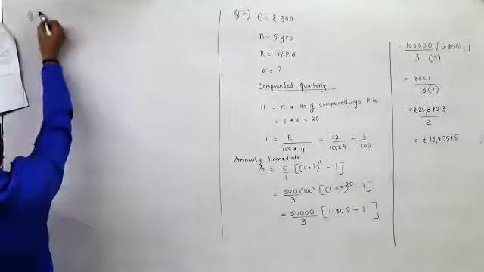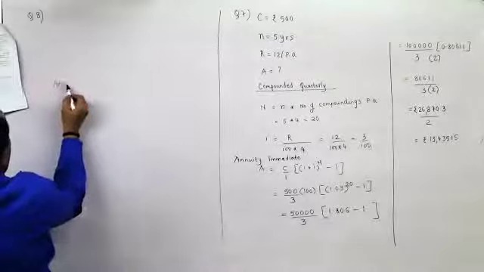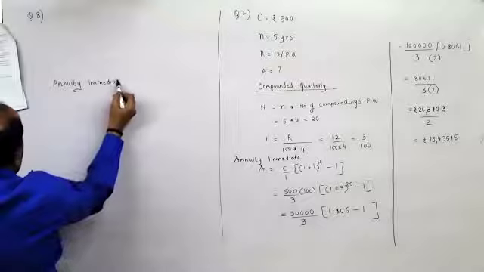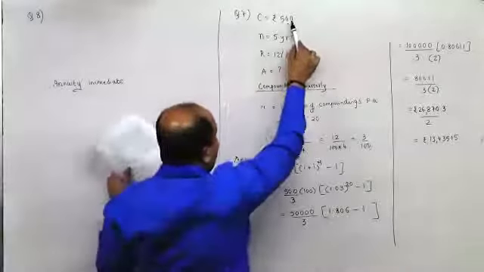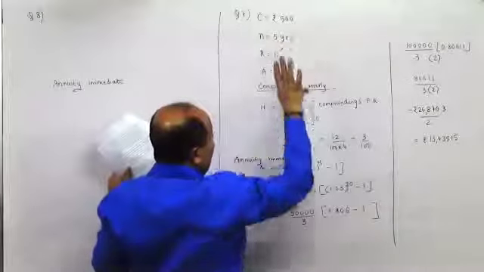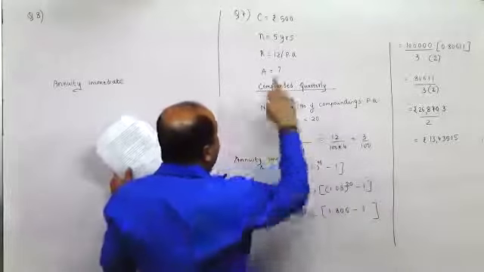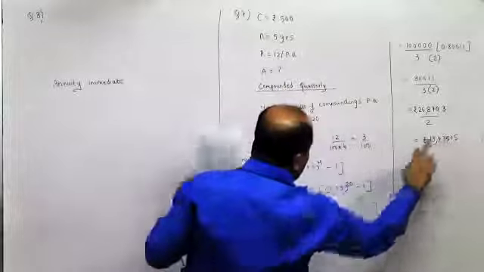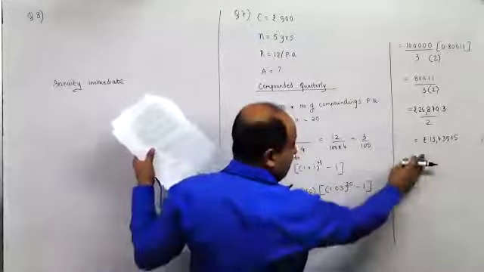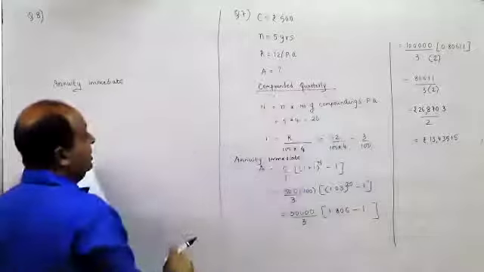Question number 8. An annuity immediate. Here I was mentioning that we are paying 500 per installment 4 times a year, so 2000 into 5 years, so 10,000 we have paid, and based on the interest that we are getting, we'll get total 13,435. What is the answer, Smriti, you said? 2267.60. That is not possible at all.